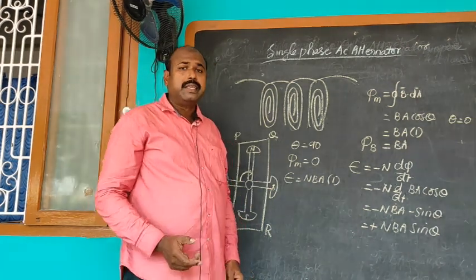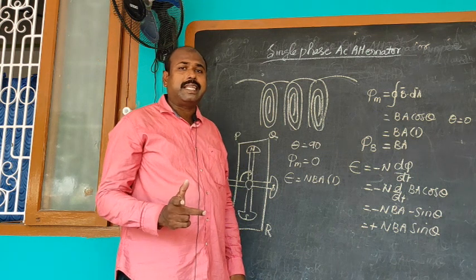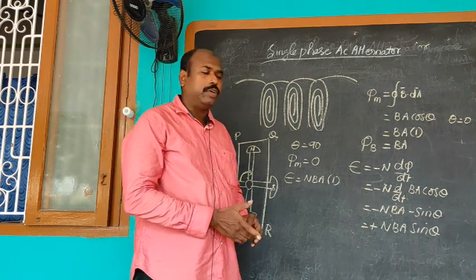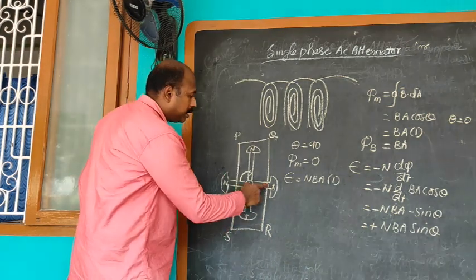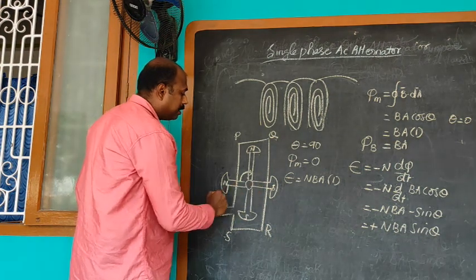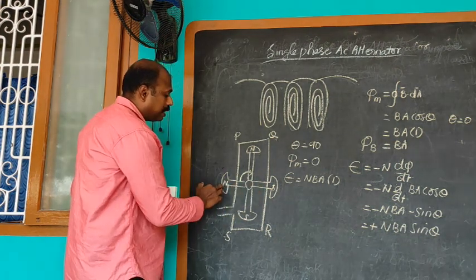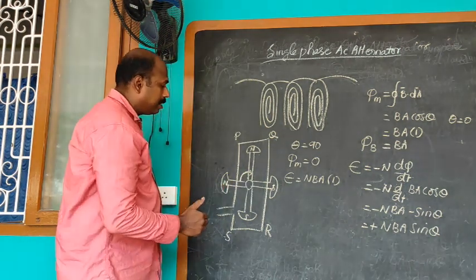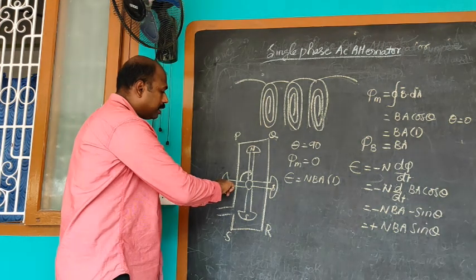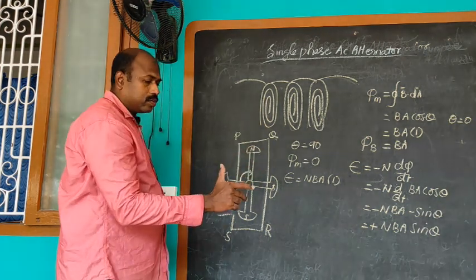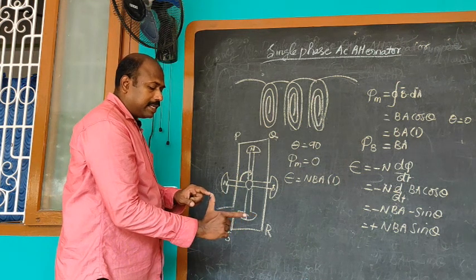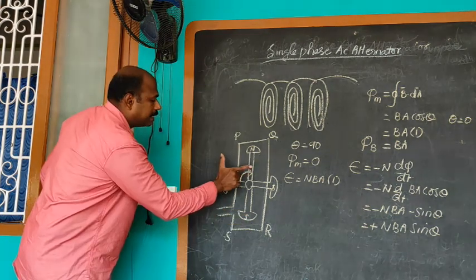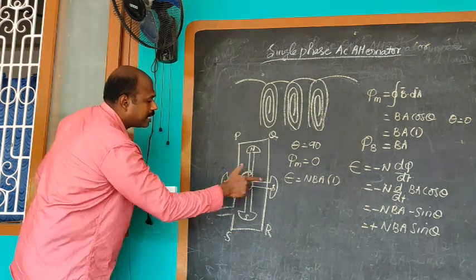I would like to explain the direction of the EMF induced in the circuit by using Fleming's right hand rule. I already told, consider the field windings, the position of the field is horizontal. We know that the field flux lines pass from the north pole to the south pole. I already told that the rotor is rotated in the clockwise direction. The thumb points the direction of the mechanical force applied. You are applying the force like this, then only it will rotate in the clockwise direction.